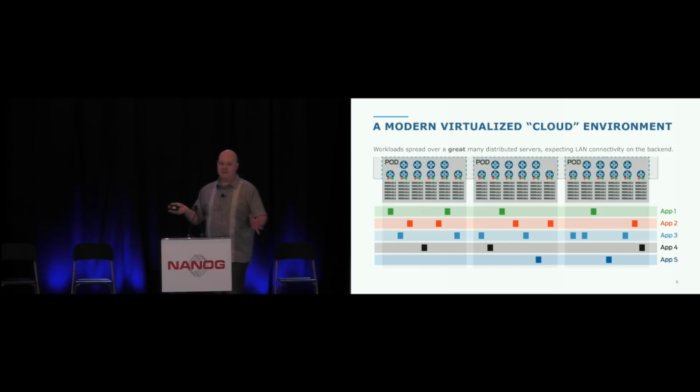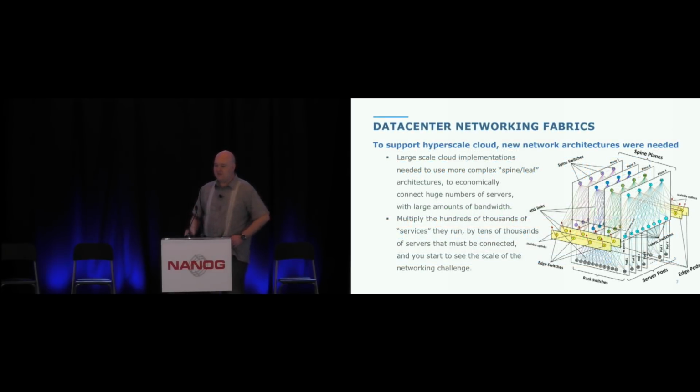So if you imagine that there's tens of thousands of servers and you've got an application that needs to arbitrarily talk to 5 of them, this is something that traditional Ethernet services are not meant to do, but it's something that's expected in the world of building cloud infrastructure. So what did cloud operators do? They started building these fabrics. This is from a Facebook presentation from 2015, talking about a spine leaf architecture, but it gives you an idea of what these things look like.